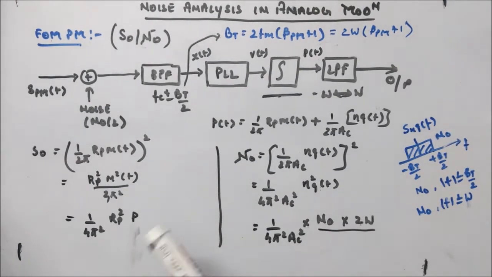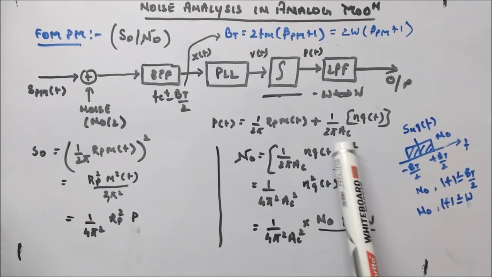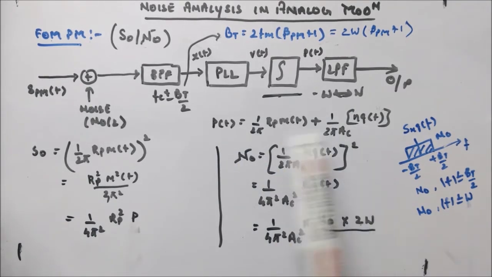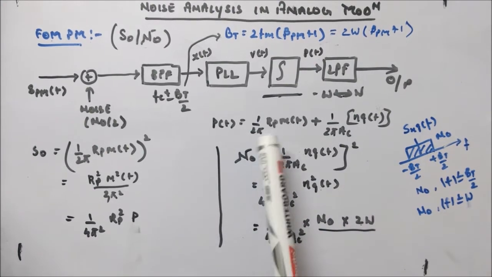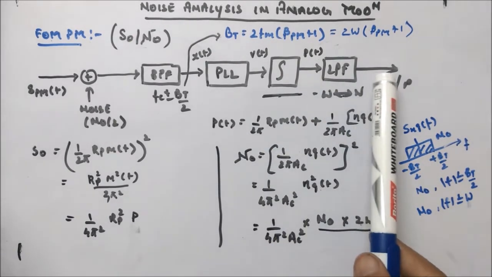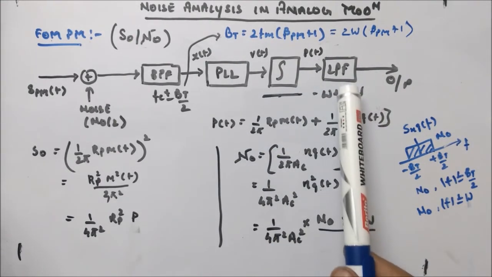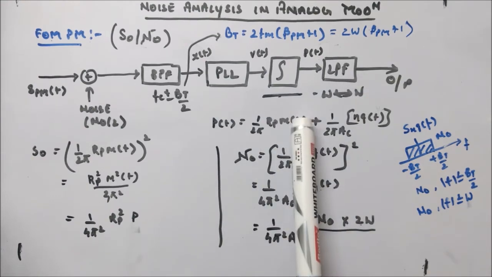Okay, so now we can calculate the signal and noise power. One thing I want to mention, I guess I've missed this AC from the expression of p(t), so you can look up to it. Previously I guess I missed AC. So AC is there. Now you have a signal p(t) here. So this signal will pass through LPF, no problem, because the bandwidth of LPF is message bandwidth only. So this term will get passed through there.